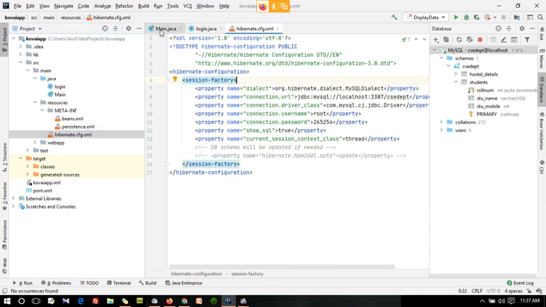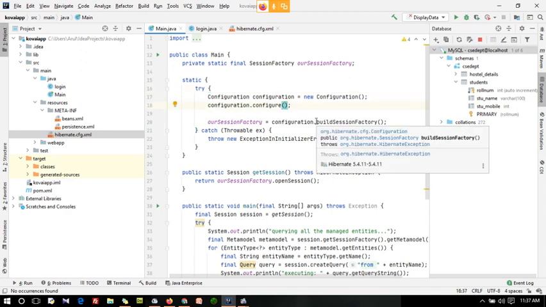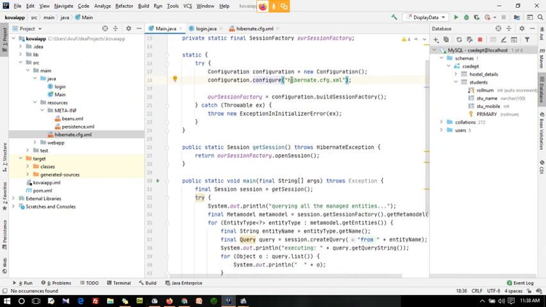Now the second step after replacing it, you should go to the main file and give the configurations, where I have done the configurations. Inside my Hibernate CFG you should mention that file name, hibernate.cfg.xml. Inside this I have done all the configurations, so I am supplying that configuration details to my session factory. So I have done everything inside my main and configuration.